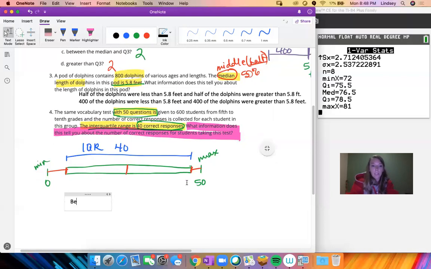So because the IQR is so large compared to the total data set,